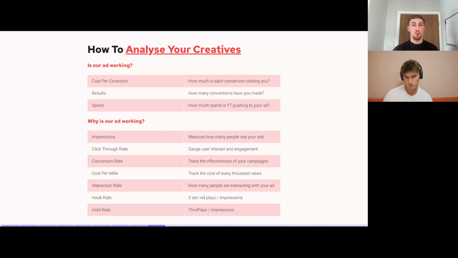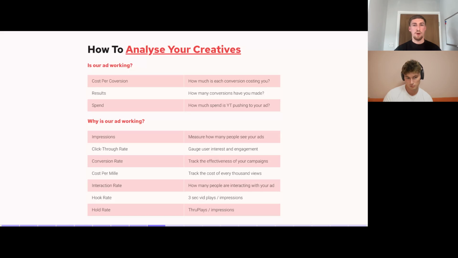So what we can do with these metrics is we can start to almost Frankenstein some ads together. So if we see one that's got a good interaction rate, a good hold rate, however the hook's not doing so well, and people aren't watching it, for example, then we can start to put one that has an impressive hook, and that hook's been working for a while. We can start to put those together.